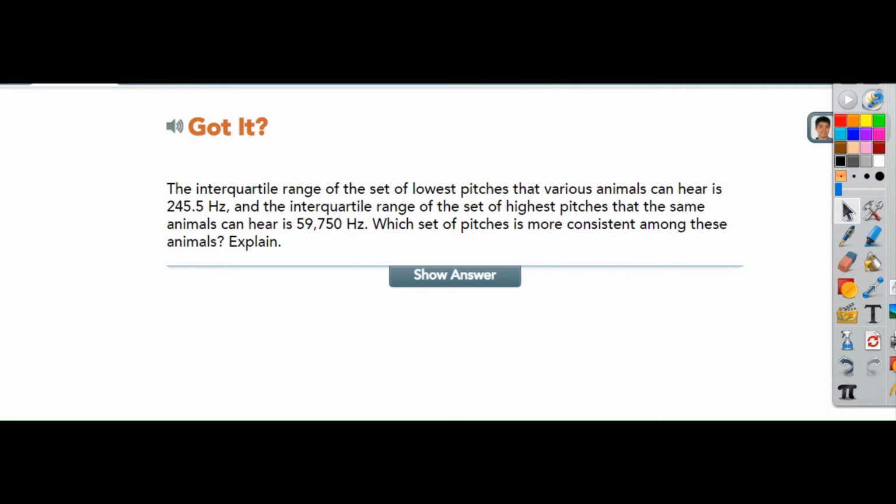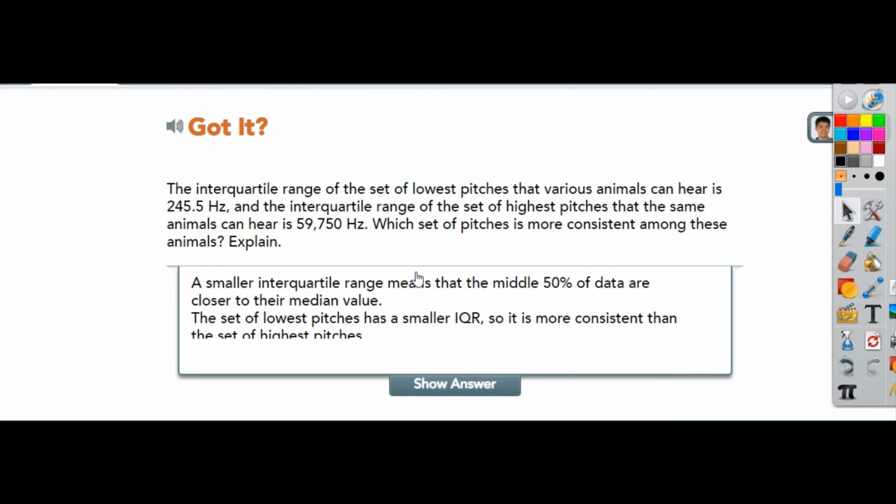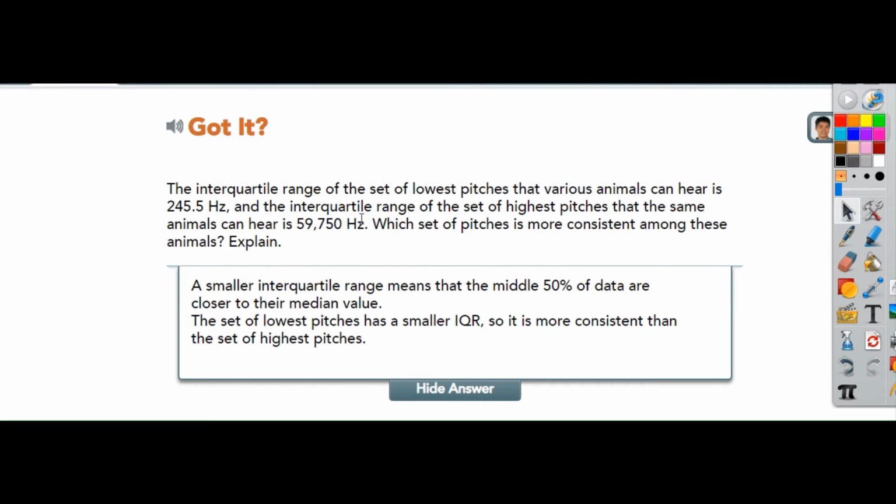The interquartile range is more consistent because it's that middle 50%. The middle 50% is not affected by outliers, just like the median. So since the interquartile range is not affected by extremely high or extremely low values, or in this case, extremely high or extremely low pitches from the different animals, that's why the interquartile range is much more consistent versus the